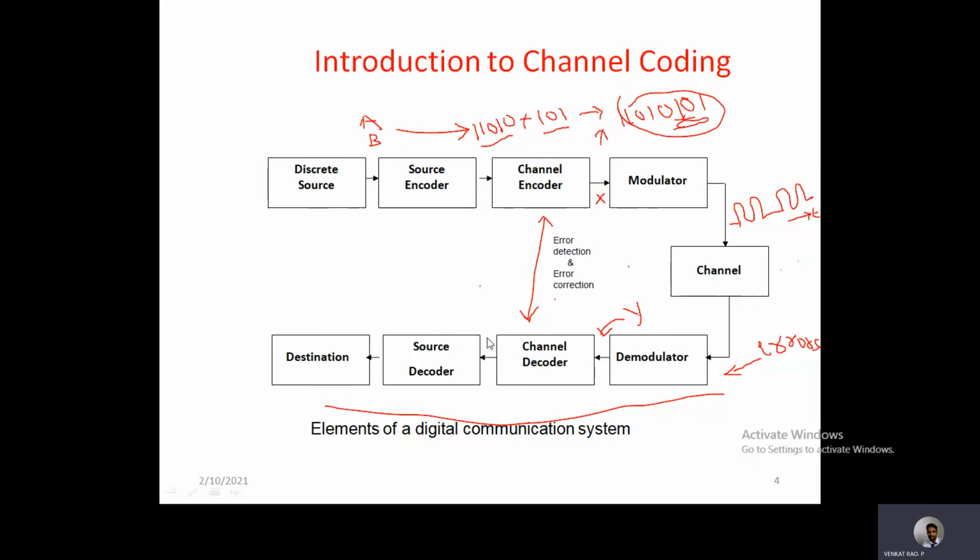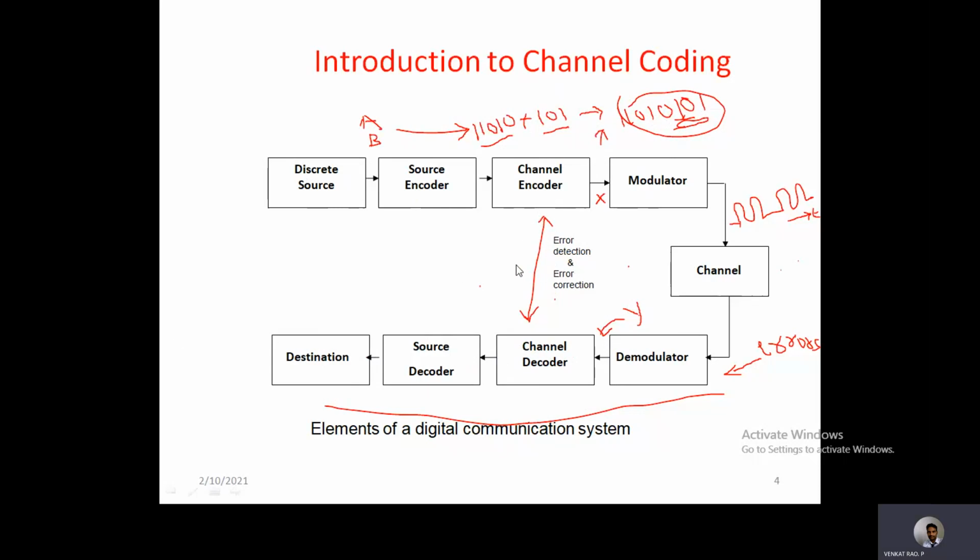If you carefully observe, in order to detect and correct errors in the channel decoder, you must add some extra bits from the transmitter side, which are known as parity bits. Because of these additional bits only, the channel decoder is able to identify and correct errors. That's why on the transmitter side we add some extra bits. This is the final purpose of the channel coding technique in the digital communication system. This is very useful and important. Now let us see the types of channel coding methods.